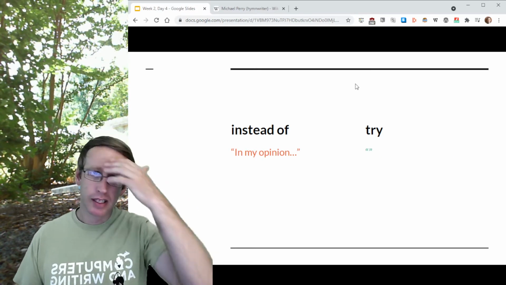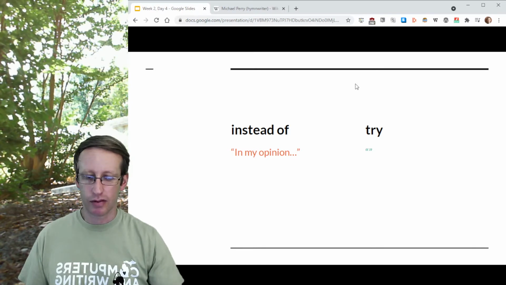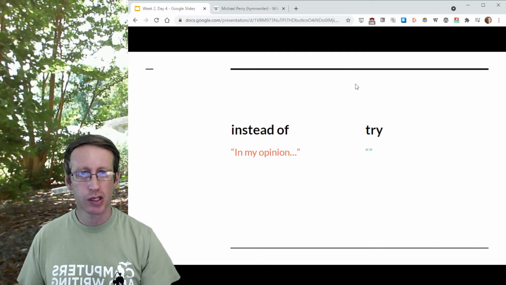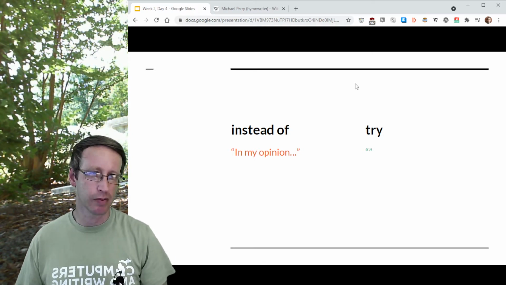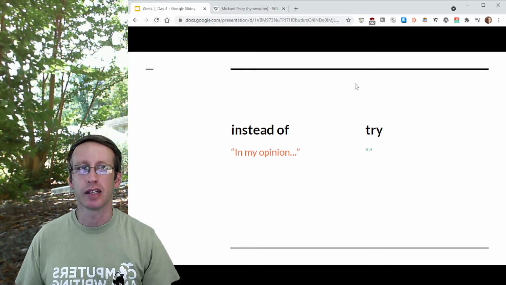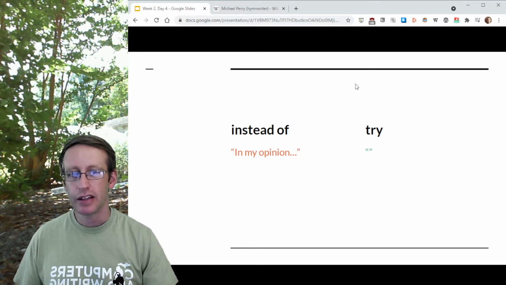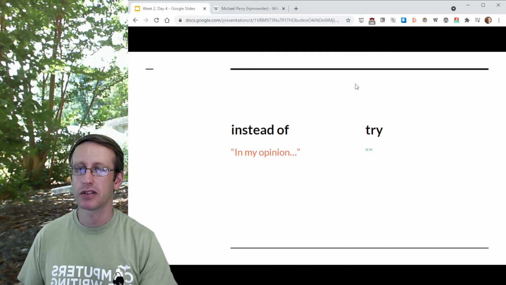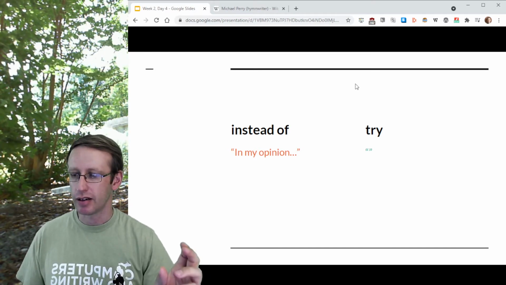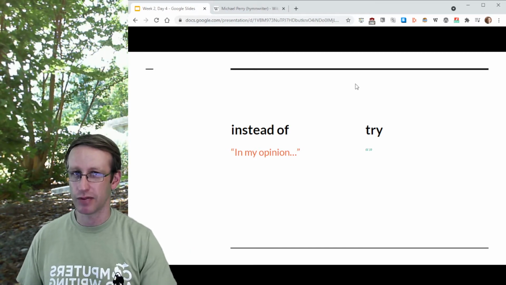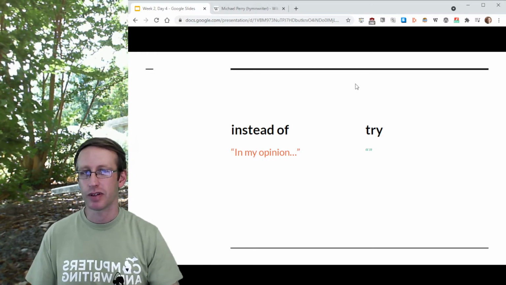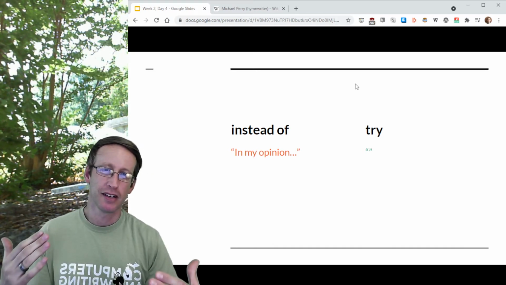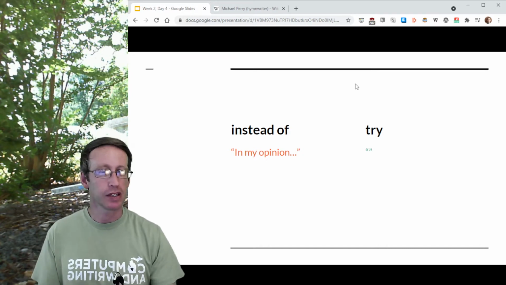Related to that, and this is one reason why writing instructors all along may have told you similar advice: if you avoid first person, you avoid falling into certain bad habits of writing, where you say things like "in my opinion" or "as best as I can tell", because these are little phrases that don't actually add anything to the sentence. They don't add any useful information to the claim you're making. All they do is undermine it. They just weaken whatever statement. They qualify it. It's a way of saying, well, this is the truth, but it's just my opinion, I don't know. So it's a way of not being confident in what you're saying, and that's what it comes across as for your reader.